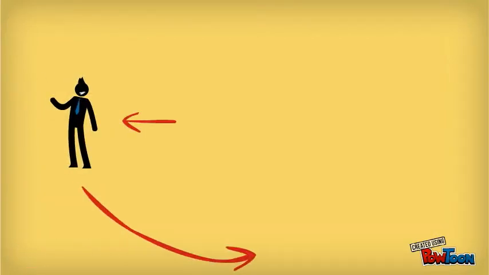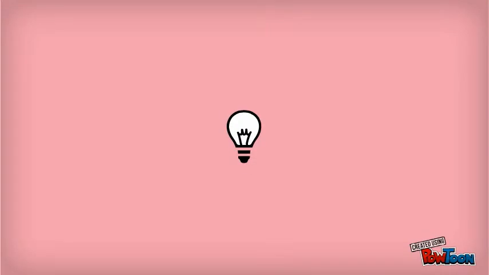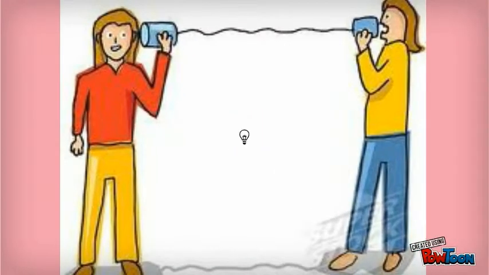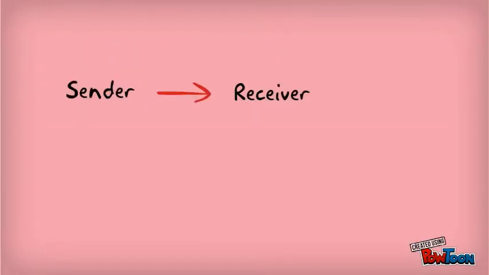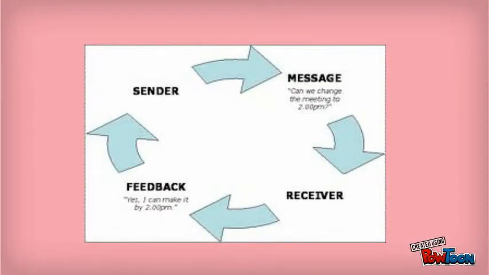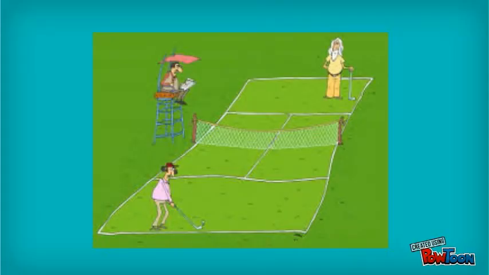So what is communication? Communication in its simplest form is a method of sharing information between people. Information can be ideas, thoughts, and opinions. To communicate with others, you need to first have an idea or a message, and then transmit this to someone else. Communication is a two-way process involving both a sender and a receiver. If the message is received well and the person understands you, then they may participate in generating another idea and send another message back. The idea that messages are sent and received is really what communication is about.